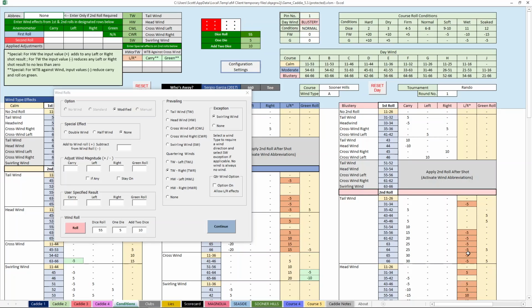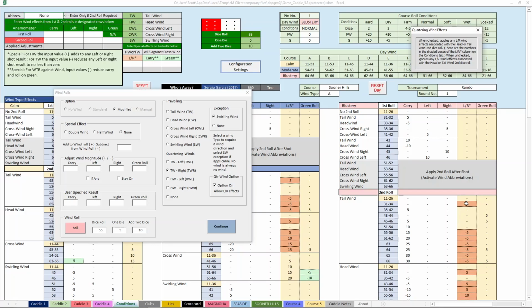Okay, so what do I mean by that? When these numbers are in effect, if this were checked, there's a little message box up here that explains what I'm telling you in more detail. When this is checked, this option is on, and that means these numbers are being taken into account. In other words, they're not being ignored, and they will have their effect based on what direction the shot itself